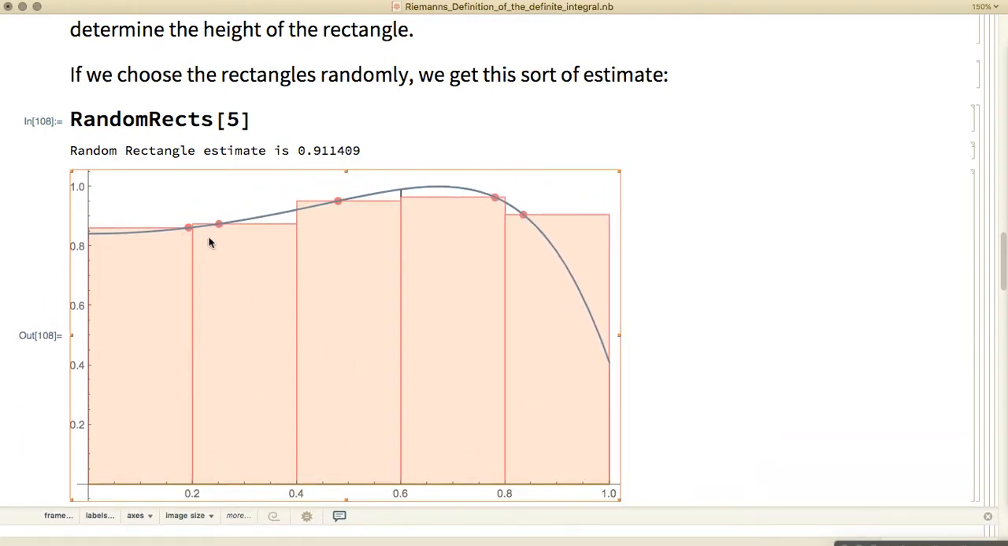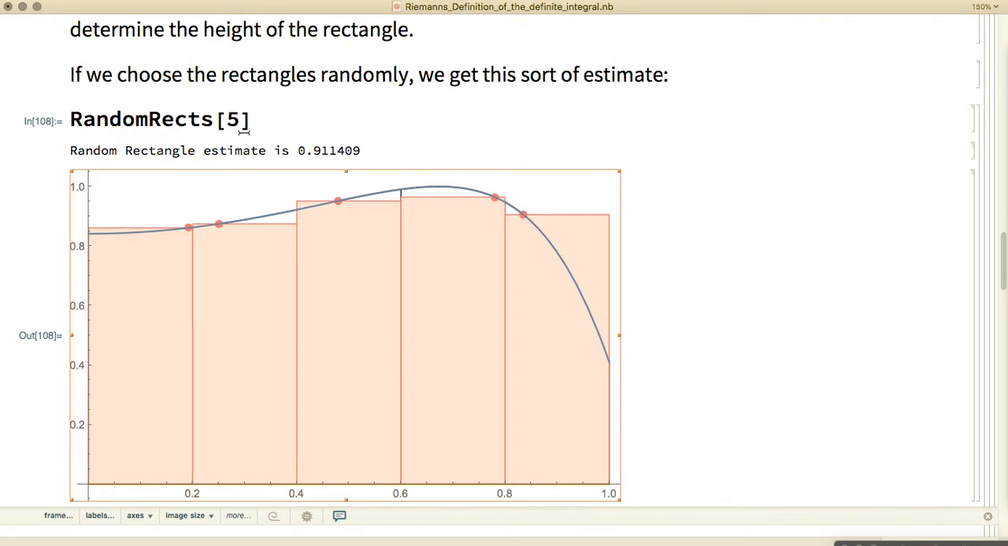These orange dots are points on the curve that are being used to determine the height of the appropriate rectangle. So this first dot, the y-coordinate of it, determines the height of the first rectangle. The y-coordinate of this point determines the height of the second rectangle. The y-coordinate of this third pink dot determines the height of the third rectangle. This fourth dot determines the height of the fourth rectangle, and this fifth pink dot determines the height of the